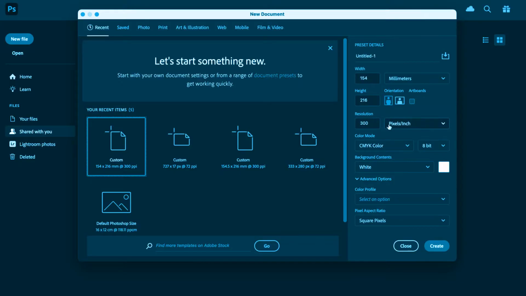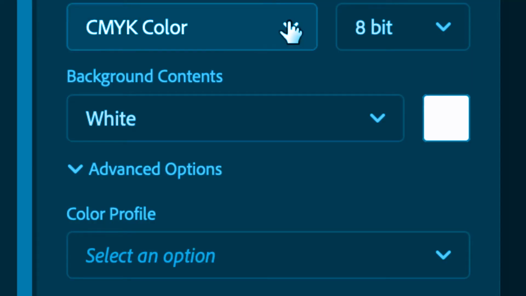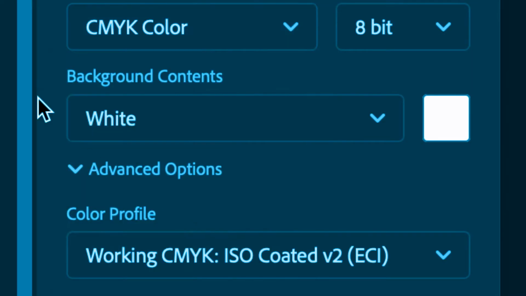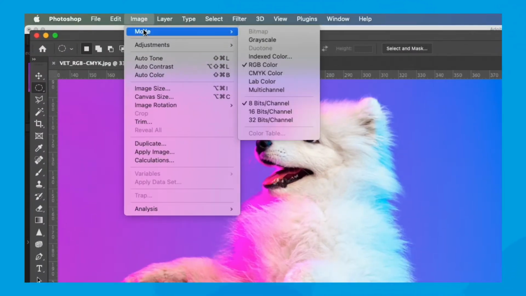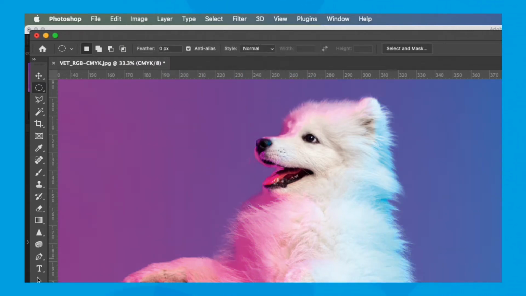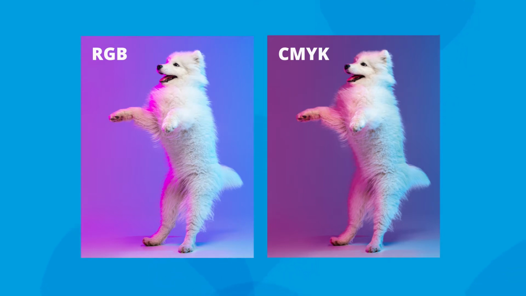The next thing to make sure you do is to set the colour mode for your design to CMYK. Now this is crucial, because if you designed a flyer in RGB, for example, you're not going to achieve the same colours when that job goes to print. In this example shown here, particularly neon blues and pinks will just not print, they almost disappear. So it's best to design in CMYK so you get a much better idea of the finished print you're going to get.